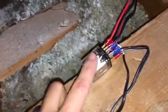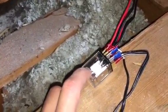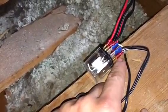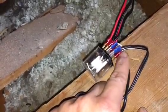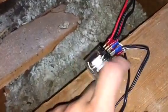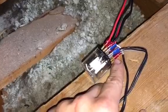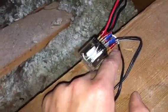This relay switch is rated for 12 volts. So that's what these bottom 2 are given, 12 volts. This will not activate if you have any other voltage going into it. It has to be 12 volts to activate it. And so what I did to get 12 volts was I just...